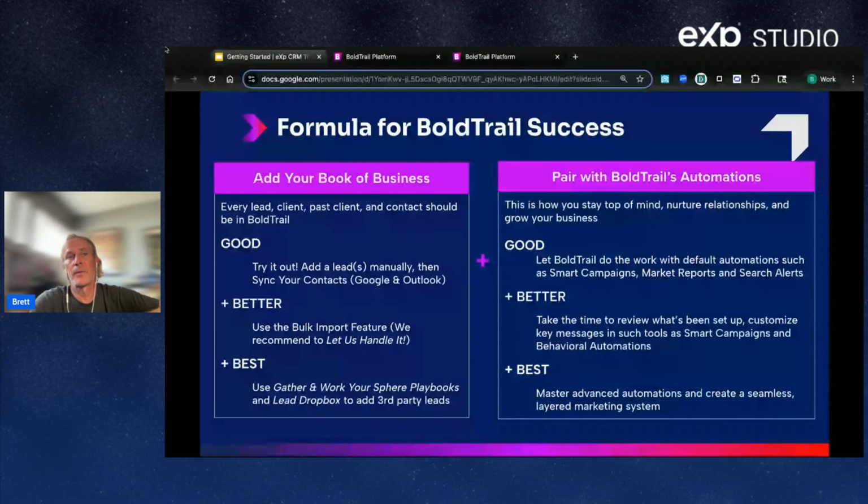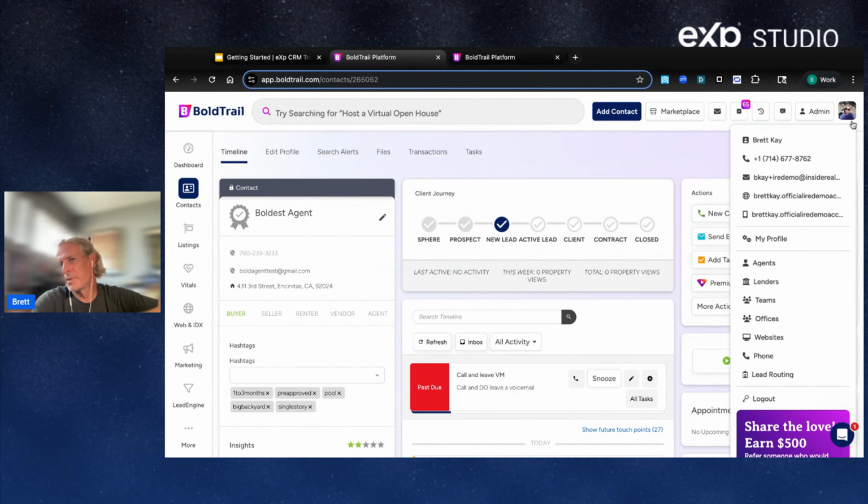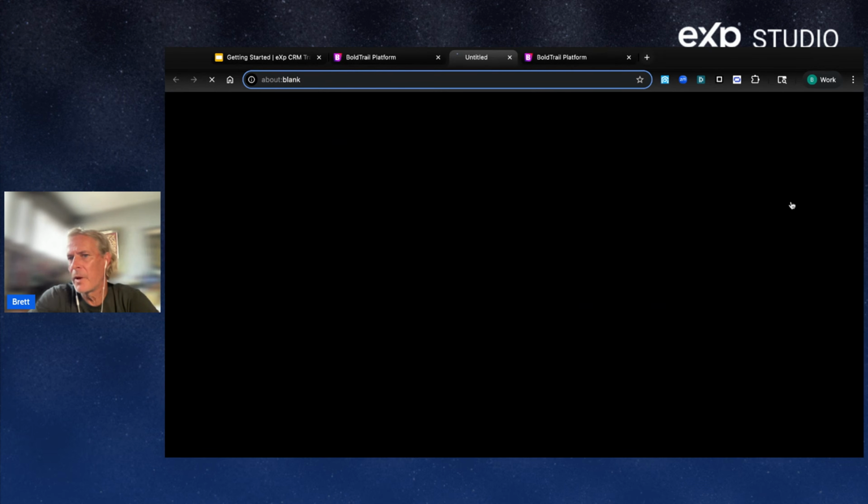Let's pull up your website real quick. From the platform, click on any screen, upper right, pick your picture. And if your picture is not there, that means you haven't set up your profile yet, by the way. Please go to Agent Quick Start number 1. But if I pulled up my website,